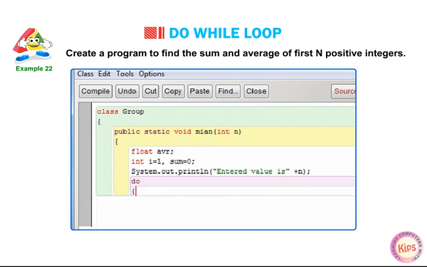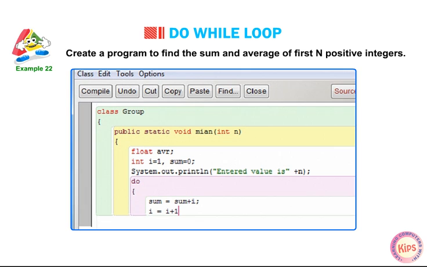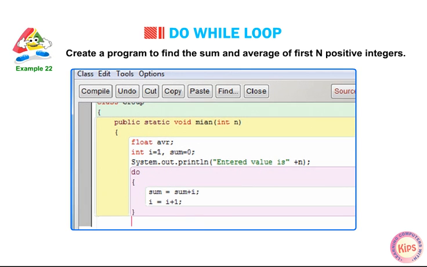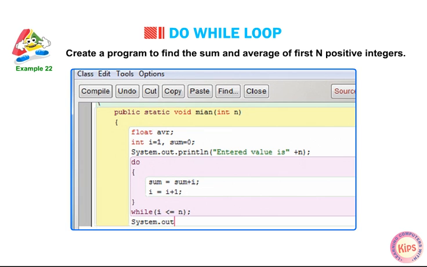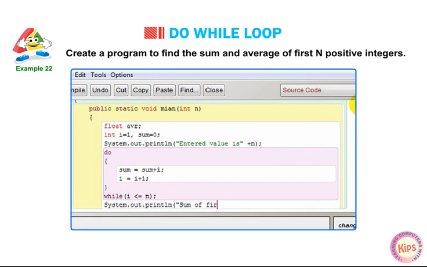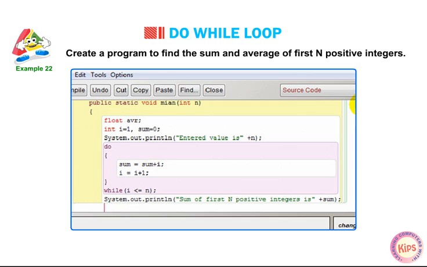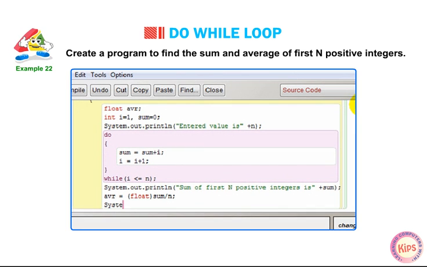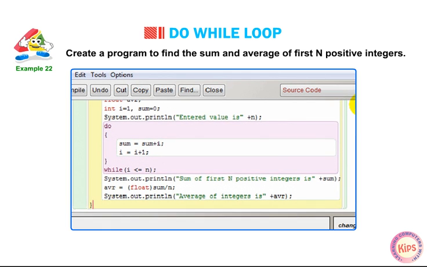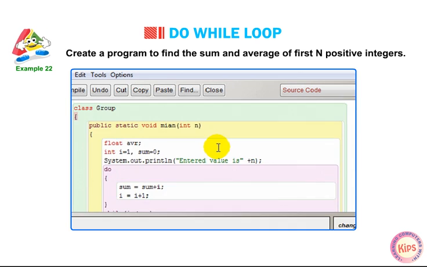do { sum = sum + i; i = i + 1; } while (i <= n); System.out.println("Sum of first n positive integers is " + sum); average = (float) sum / n; System.out.println("Average of integers is " + average); } }